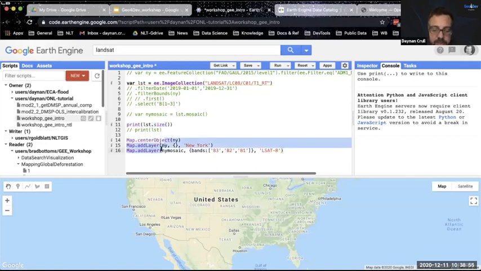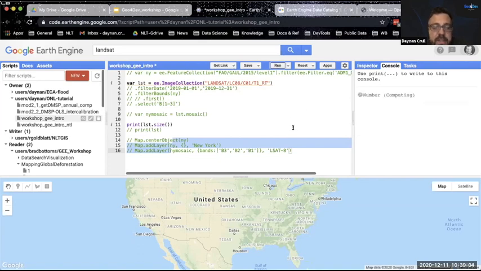So what we're going to do here is run the script, access this image collection, save it as a variable, and then print out in our console what the size of this collection is. You can see in my console to the right, it's computing. This isn't happening on my laptop; this is happening on a Google server. It's taking a moment, which means this is probably a pretty large collection. Just how large, we'll find out in a moment.